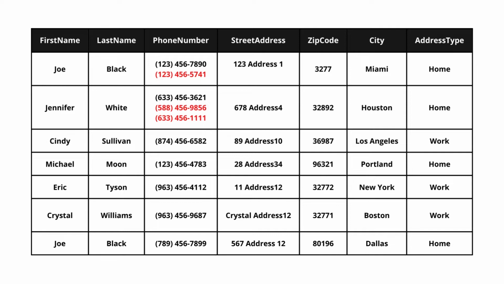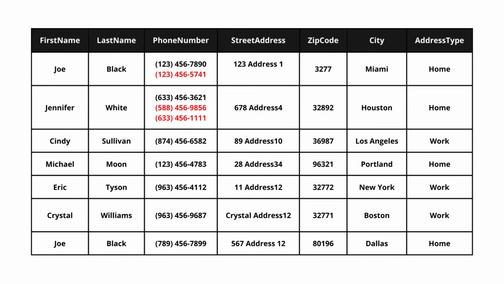For Joe, who has 2 phone numbers, there should be 2 different fields or columns. I just can't have that in the same exact column or field. And Jennifer should have 3, right? So we have to split that out in a way that we won't violate first normal form, because right now it's really bad, right? So